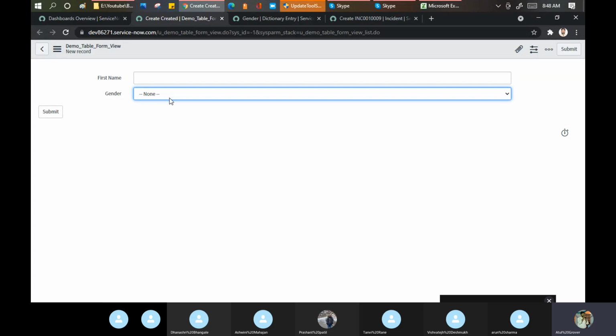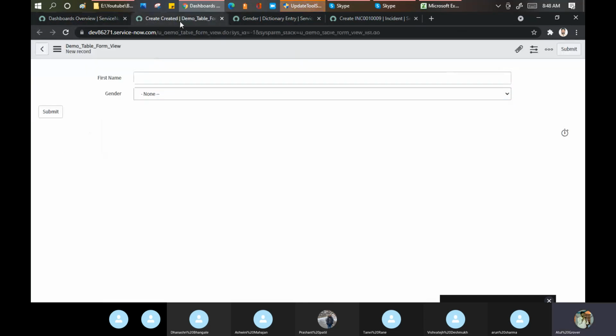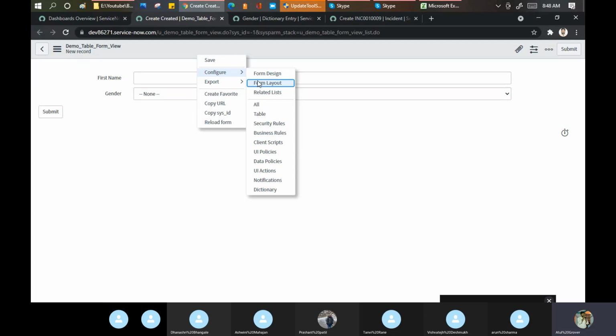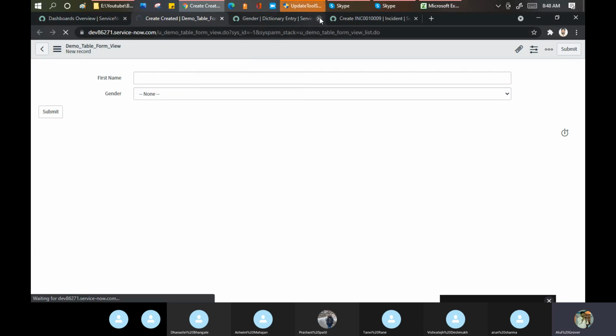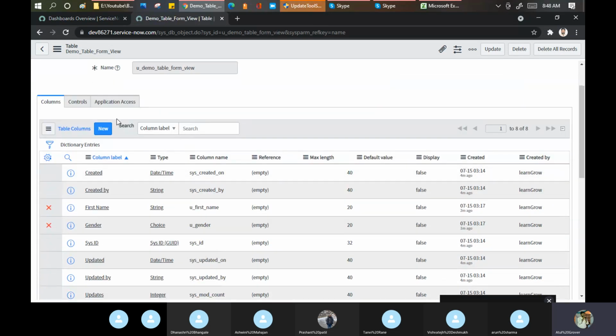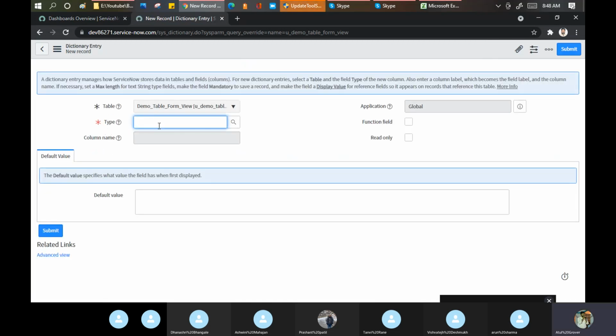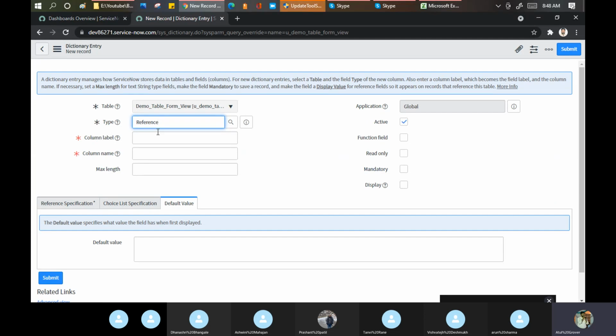That's fine, let's keep it like this. I'll tell you how to put a value in that. Let's create one more field here. Close this. Two fields are there. Now let's create one more field called manager, and I'm saying it should be a reference field. What do you mean by reference? It means I am calling some other table's data in my table. Let's say father's name.